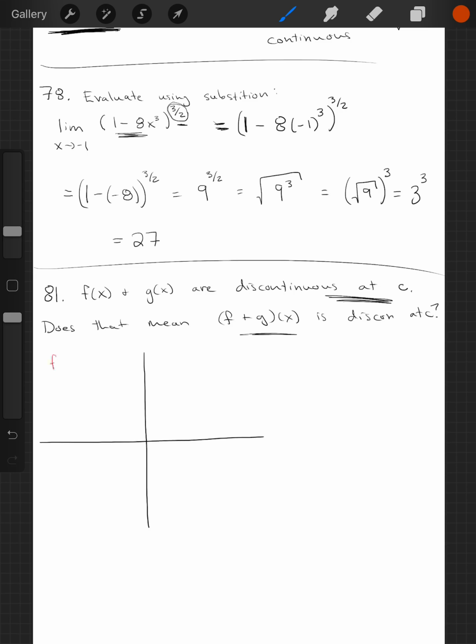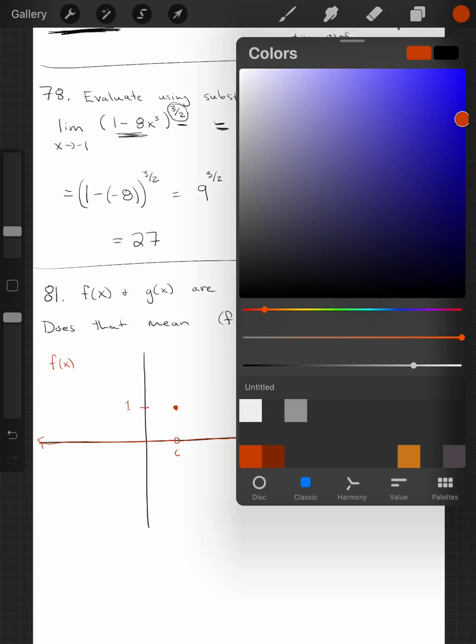So we're going to have f of x be 0 up until we get to C. And then it's going to be 1. And then it's going to be 0 the rest of the time forever. Right? So this function is clearly discontinuous at C. It's a removable discontinuity, rather. We could replace it, but it is still